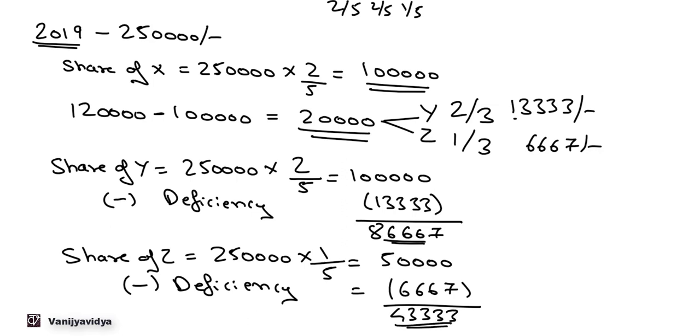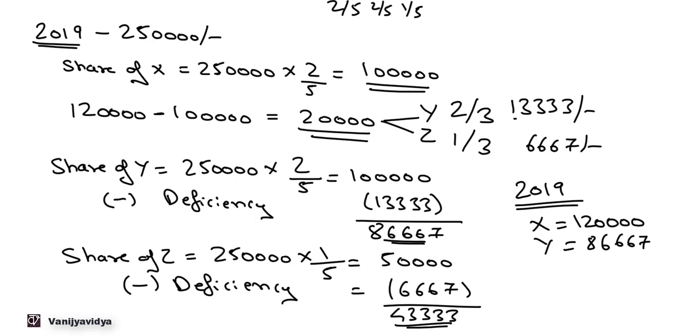43,333. So now if we see for the year 2019, X will get 1,20,000, Y will get 86,667 and Z will get 43,333. Now if we total this, we get 2,50,000. Now for 2020,